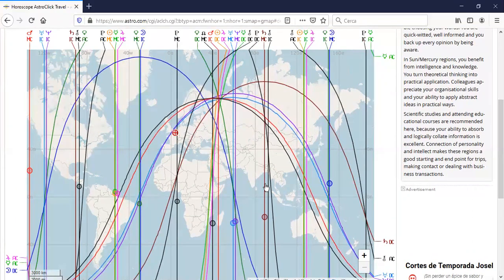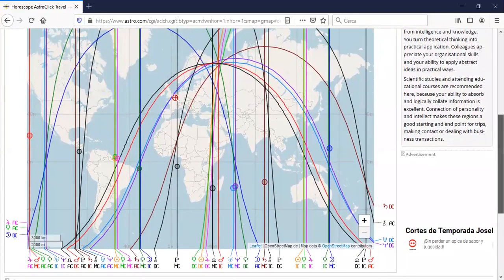For example, if you're looking for love, you want to look at your Venus descendant line. Venus on the descendant, for me, goes through here. So all these places could be good for my love life. Another option could be Jupiter on the descendant if you're looking for love. So I follow this line and it's going through here to these places. Another one could be Venus on the ascendant, for example. Here I have it. And in this place, I would feel definitely more attractive, more self-confident, more willing to put myself out there in the world and